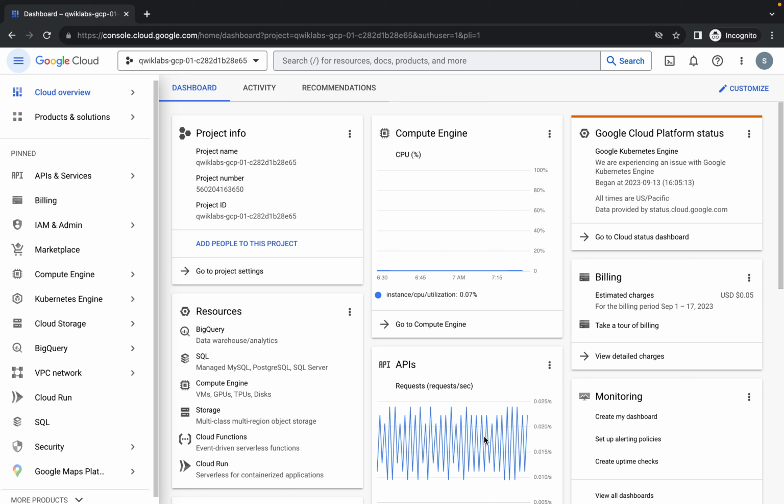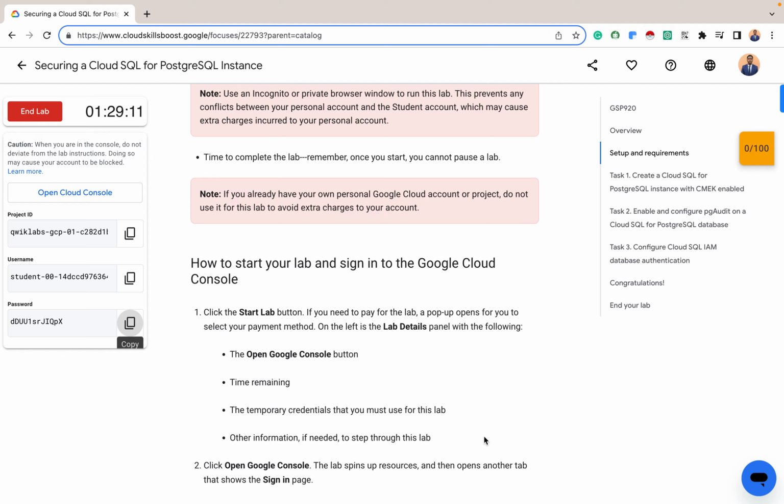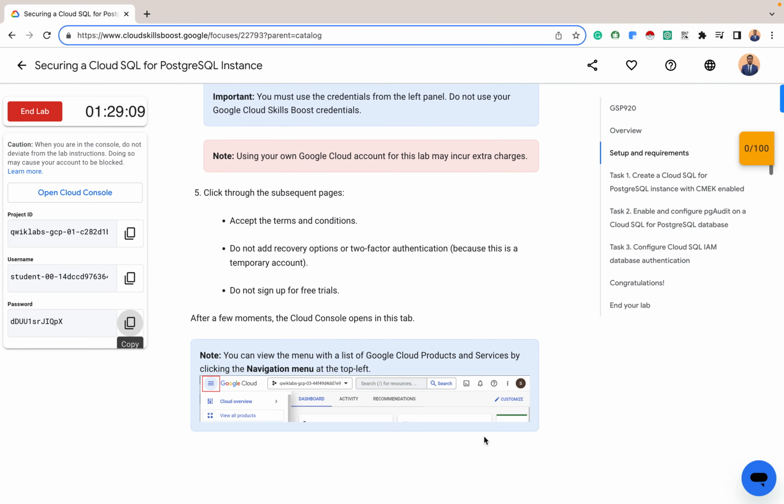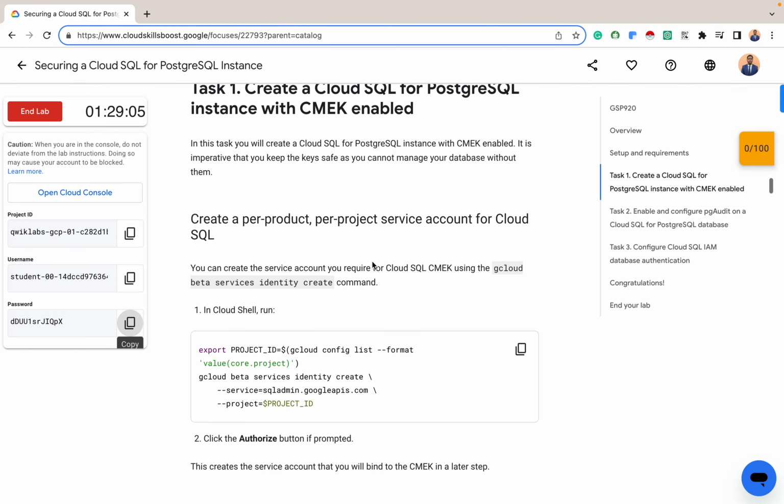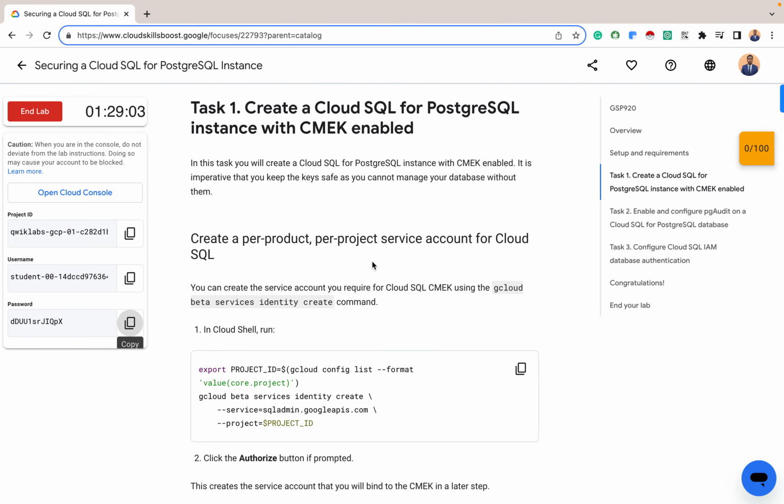And here is the dashboard overview of my Google Cloud project. So we are good to go. These are just the setup requirements, and we've done that. So for task 1, we want to create a Cloud SQL for PostgreSQL instance with the customer managed encryption key